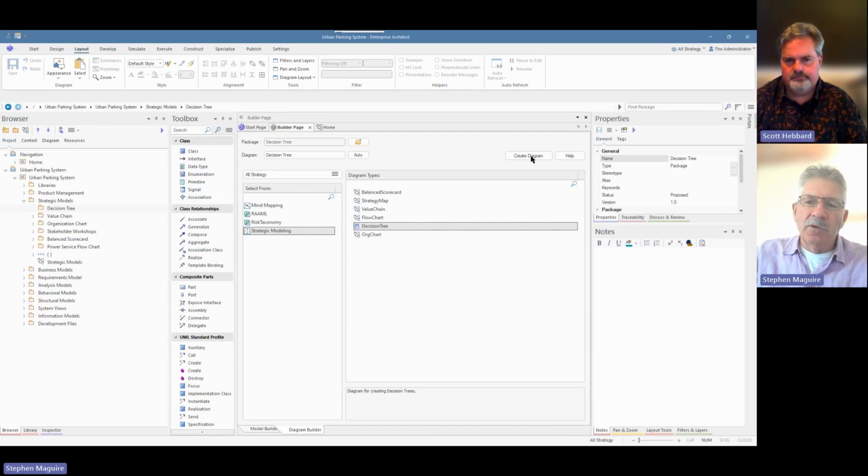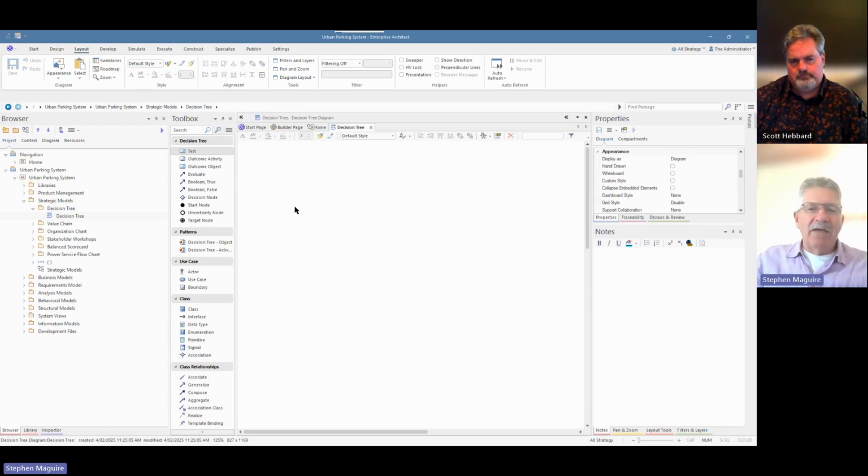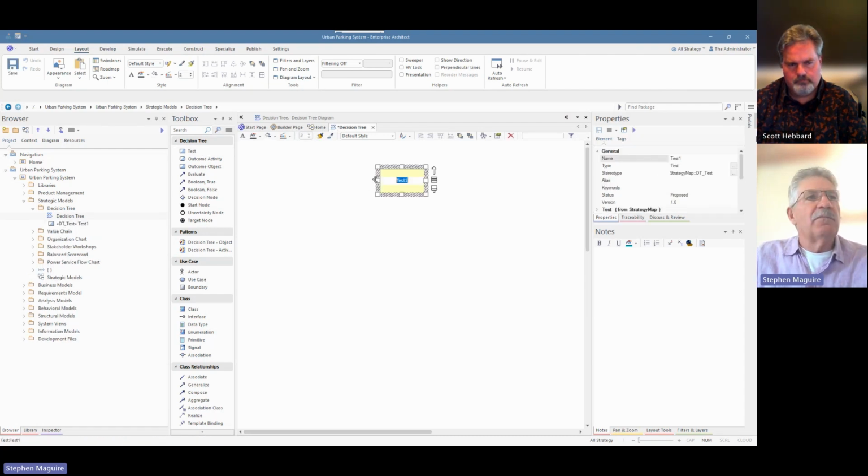I can just simply use the create diagram button, and we've got our blank canvas that's come up ready for us to start modeling, and also a tree view page or a couple of them that have got elements and connectors in here for us to start modeling. So let's start this. The first thing we're going to drag onto here is a test line. Now this element here is the starting point of our tree, and we'll name that vehicle detected.